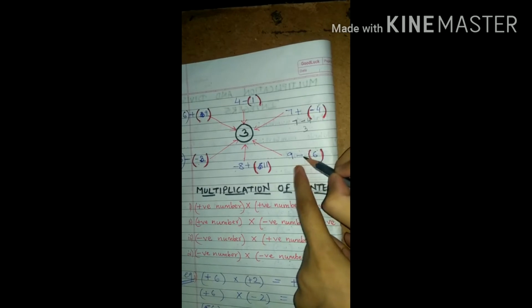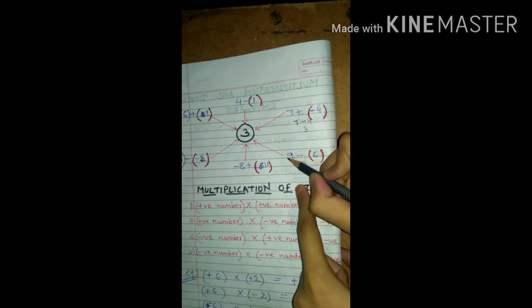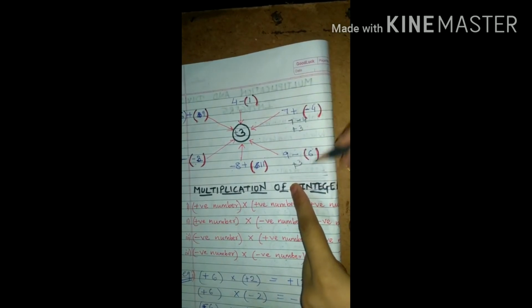Similarly, 9 minus 6, if we are taking, 9 minus 6 is what? 3. Bigger number is what? 9. 9 has which sign? Positive. So no sign means positive. Here no sign means positive. Okay? Positive. We want plus 3. Here also we are getting plus 3.